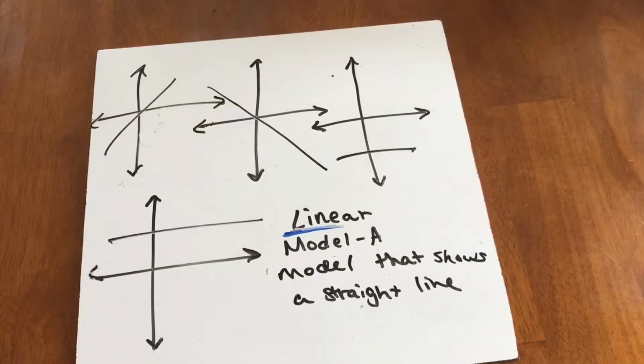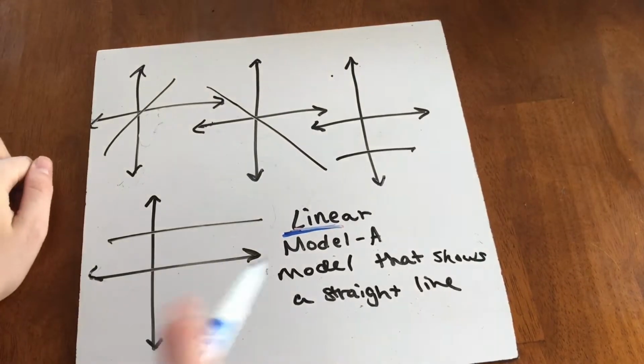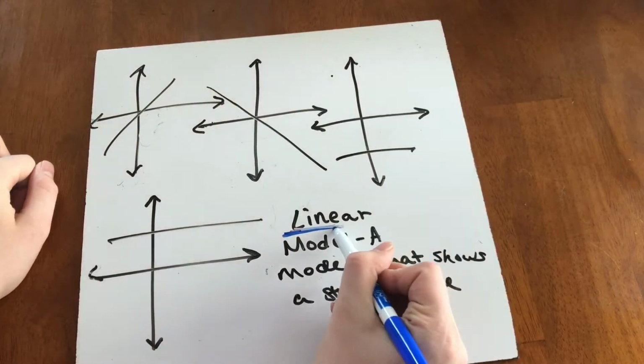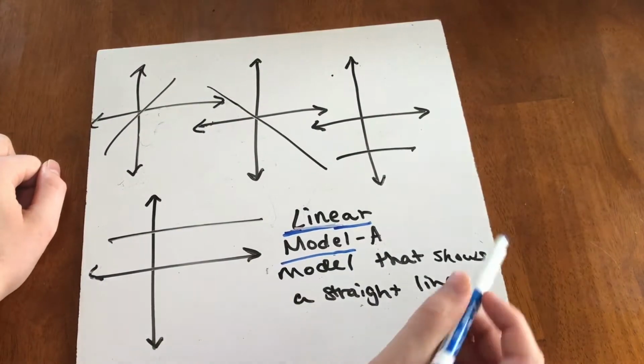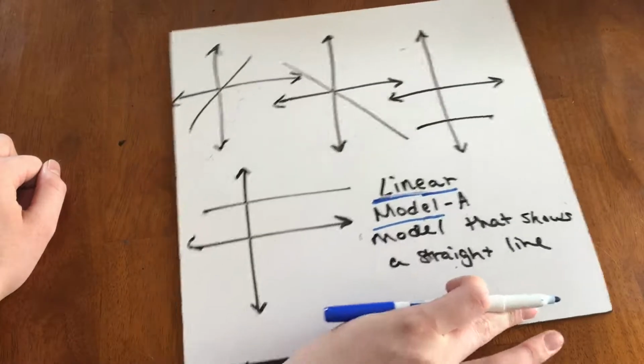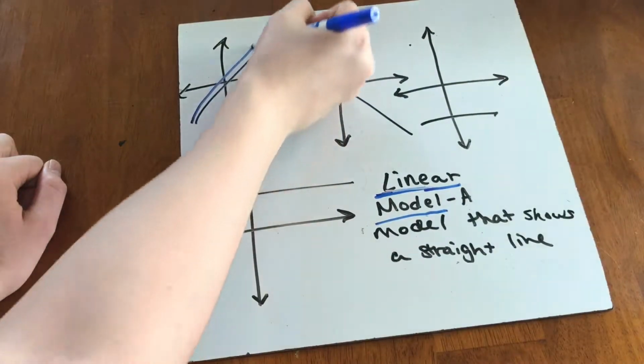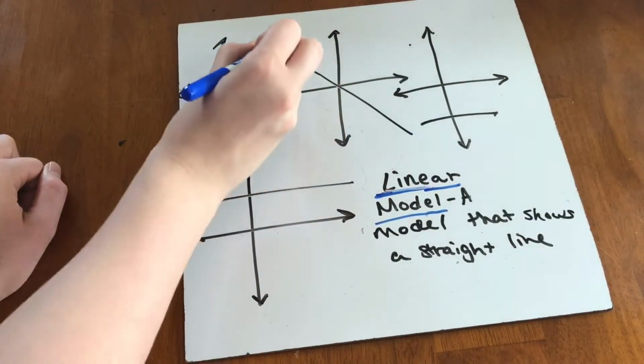Scatter plots are used to show these linear models. Before we start, we should probably go over what linear models are. So basically, a linear model is a model that shows a straight line. Here are a couple of examples of linear models. Right here, as you can see, this is a straight line. So is this one,